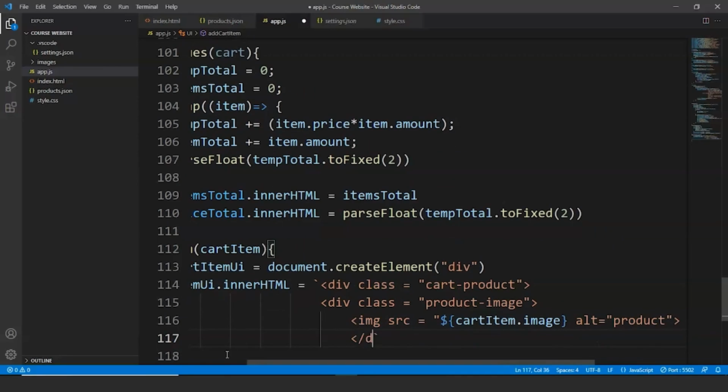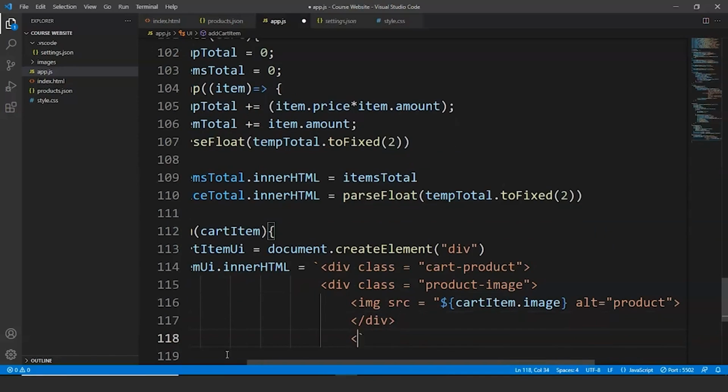Next up, we are going to close this div tag, and we are going to start another div tag here. So we'll write here div class is equals to cart product item, sorry, cart product content we can say,